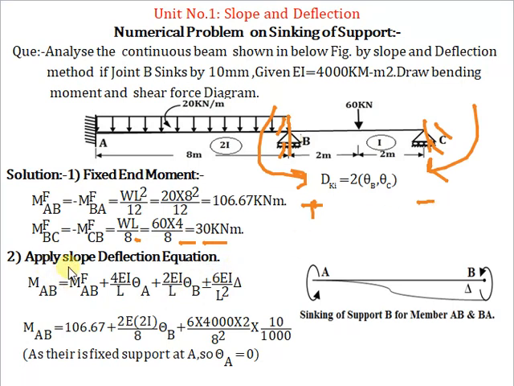Now in the second step, apply the slope deflection equation. The equation is MAB is equal to MFAB plus 4EI by L theta A plus 2EI by L theta B plus minus 6EI by L square into delta. Now here, let us assume the deflection delta in the downward direction and consider it as positive. So when deflection occurs in the downward direction at B,